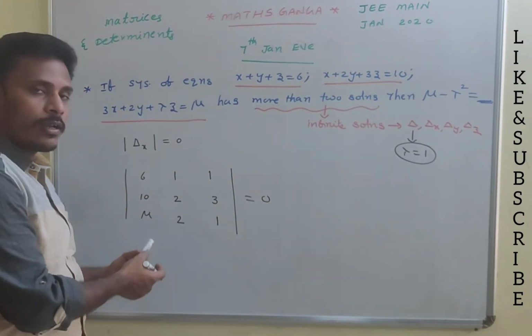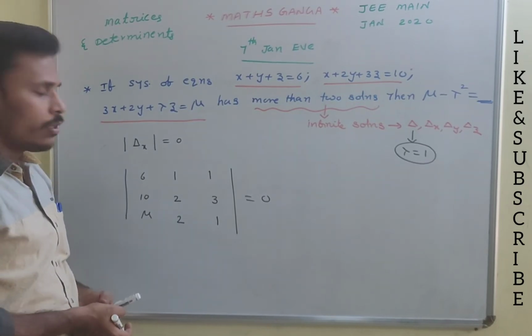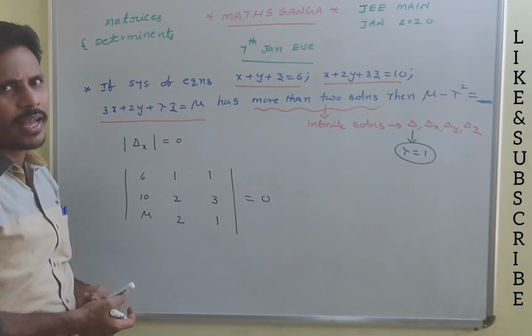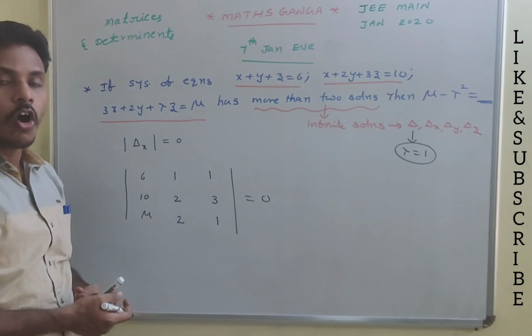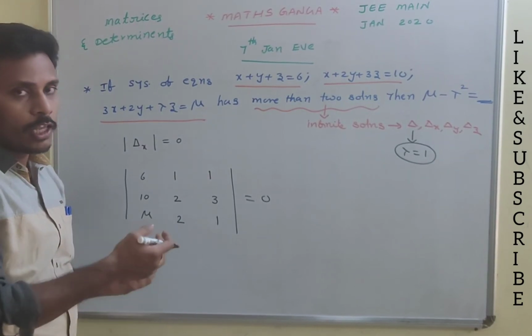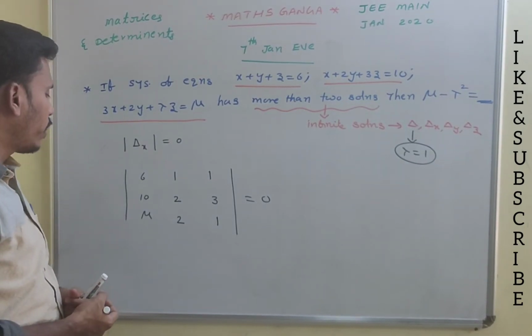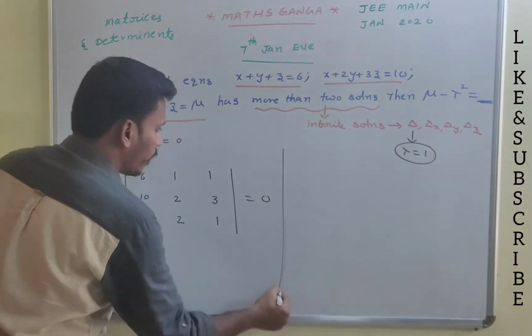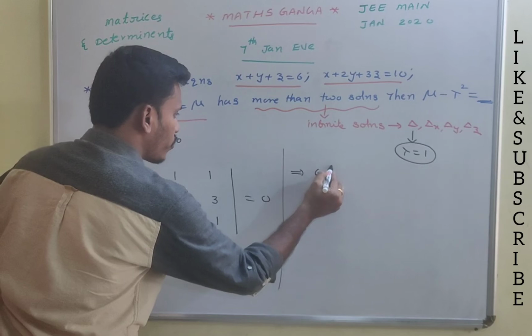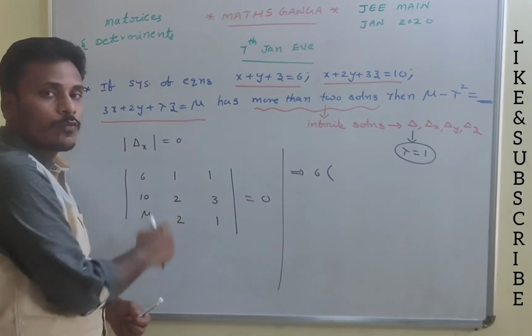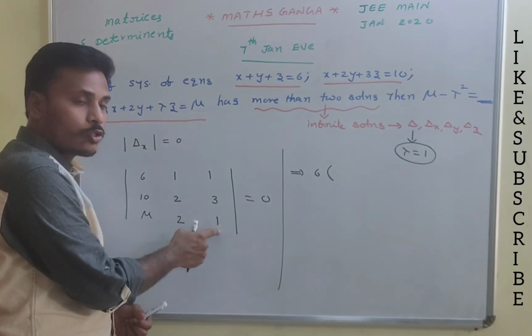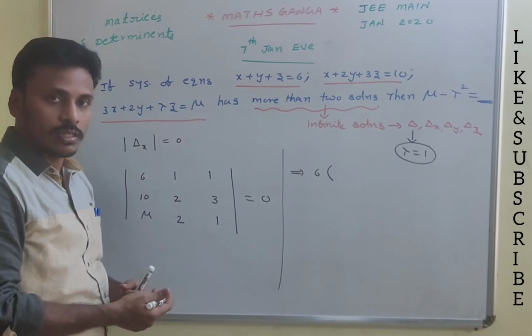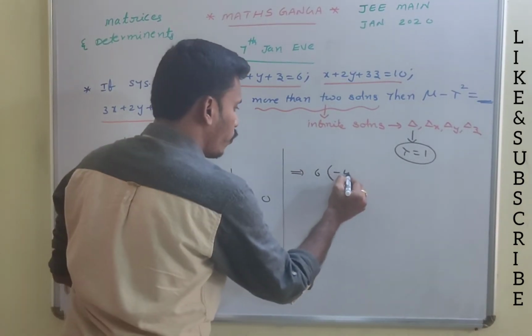We need to find out what? Its determinant value. See how to do it. You can go with the direct method, or you may move with any of the determinant properties, right? What do I have to do? Can I go with the direct method? Yes, I will move with the direct method. That implies 6 times the determinant of these four elements. Look there, 2 into 1 is 2, minus 3 into 2 is 6, 2 minus 6 is minus 4, right?